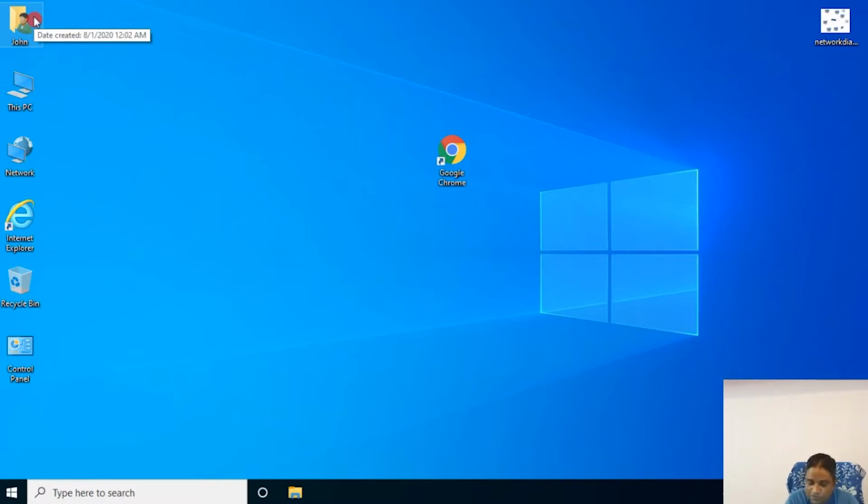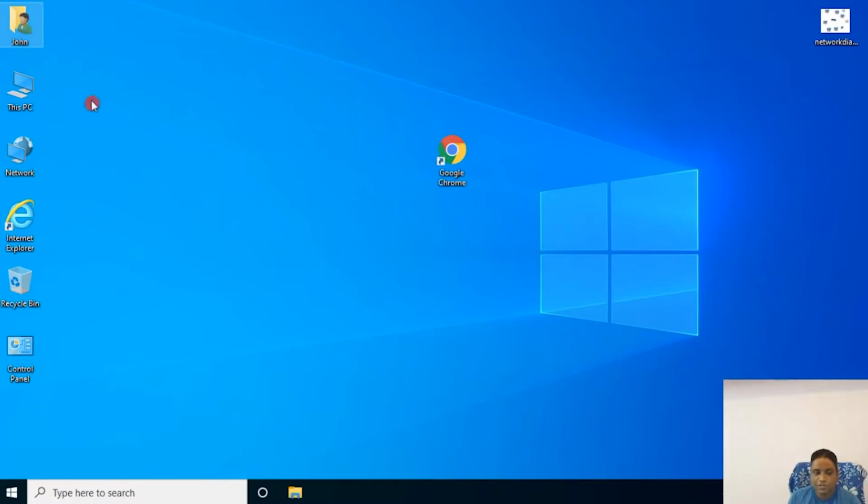Under my documents we have a download folder. Same way for music. Suppose I want to download or convert a music, where will it save? It will save again in my documents. Under my documents there will be a music folder. Similarly, videos will also download in my documents. Under my documents there are subfolders.